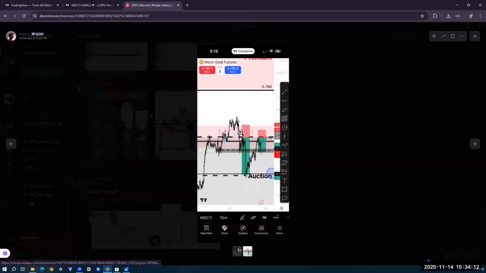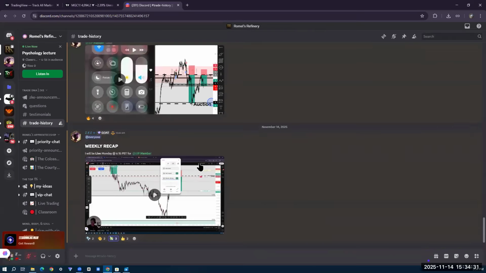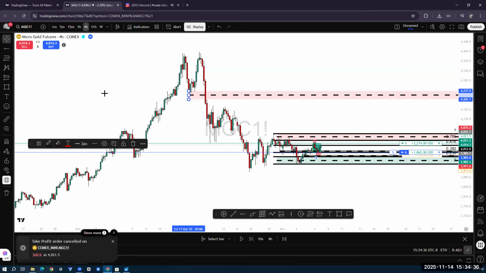This one right here, the only reason I took it like this is because I took it with Romel. Romel took the same trade as me, and he helped me realize that price could reject from here. So I was like, damn it, I'm gonna just make it a 1 to 2. So I put my TP at the lowest point, and I was like, okay, whatever my stop loss is gonna be, that's just what it's gonna be. It's gonna be a 1 to 2 of that, and that was my TP. And this is today. So hopefully that explains a little more.